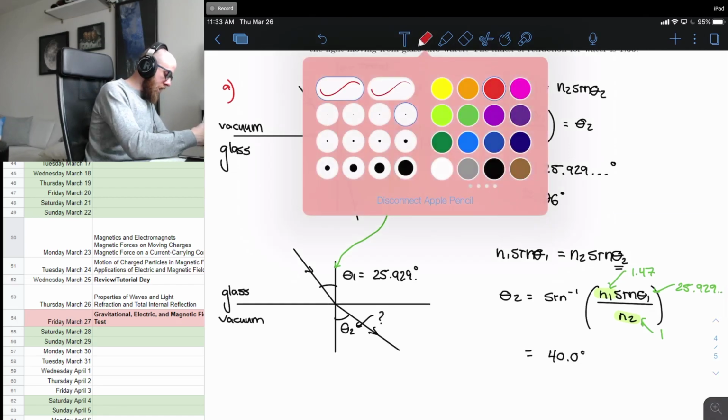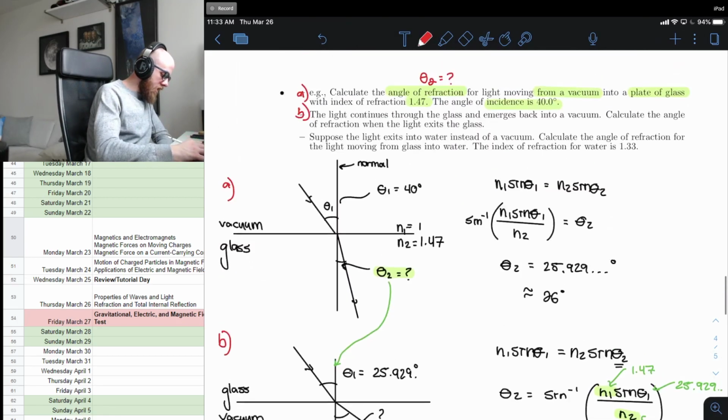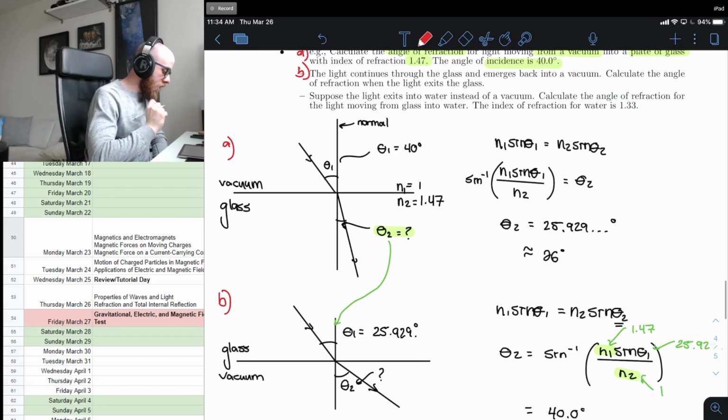Okay, so that's part B there. Let's go through part C. Suppose the light